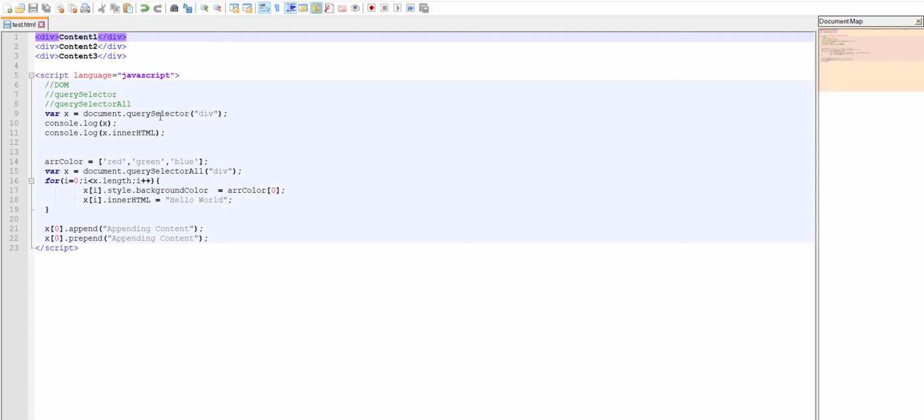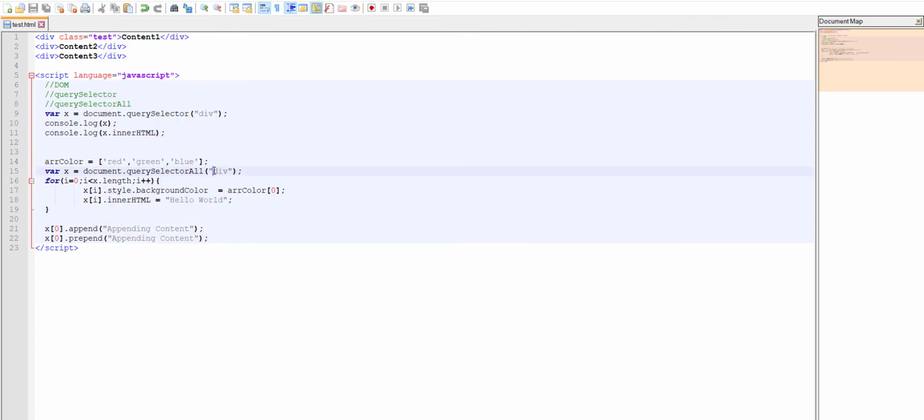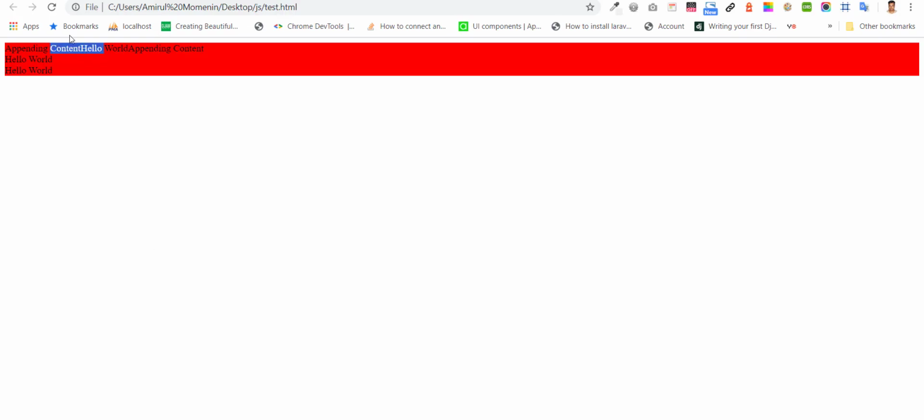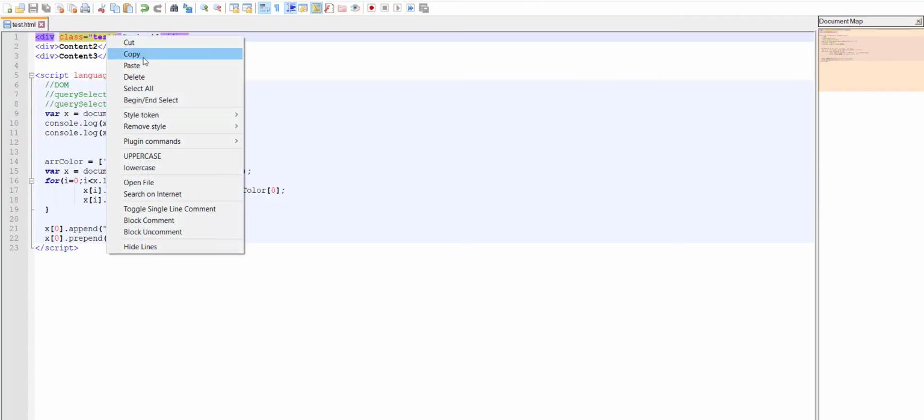We can get all the content by class, text, dot text. First one we got. If we add the class with every div,